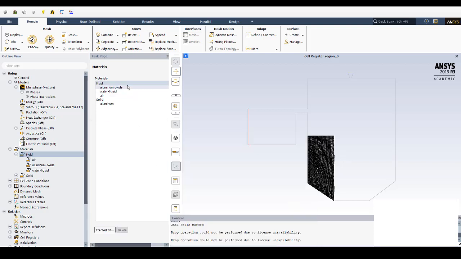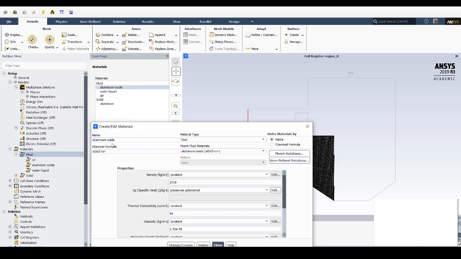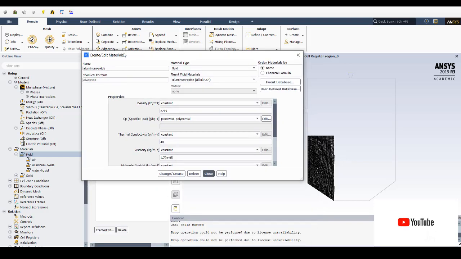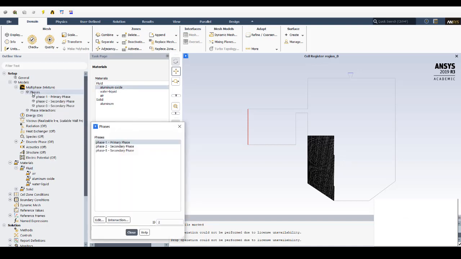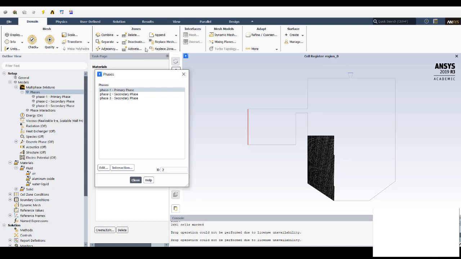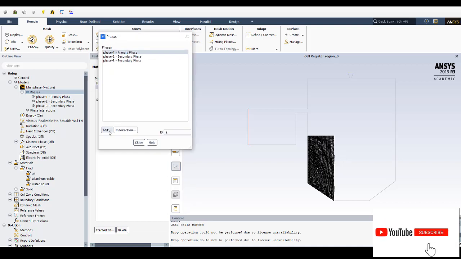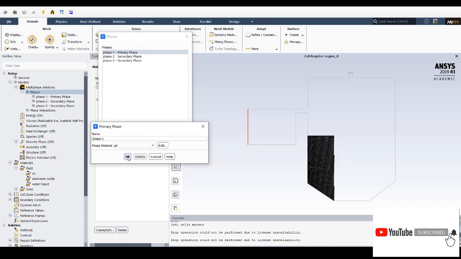So after that you just click on that aluminum and change the name to aluminum oxide, Al2O3, and give the thermal conductivity value as 40, and click on change, create, and it will ask you whether to overwrite aluminum or not. Click on overwrite and just close it. So now these are the three phases: air, water liquid, and aluminum oxide. Now enter into the phases dialog box. Click on primary phase, edit, air as phase 1,